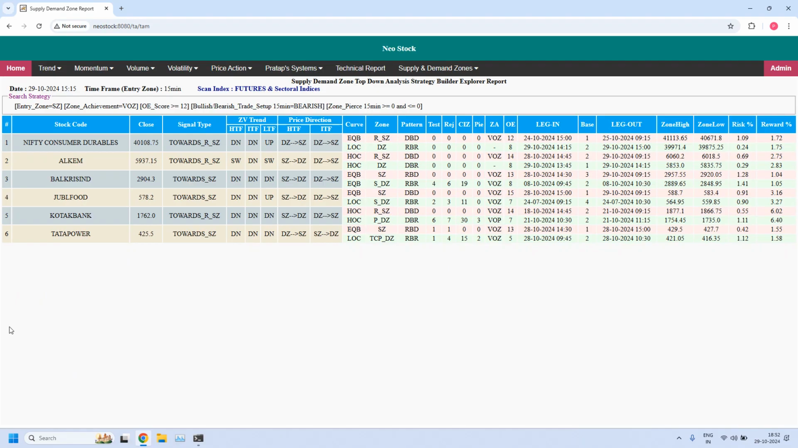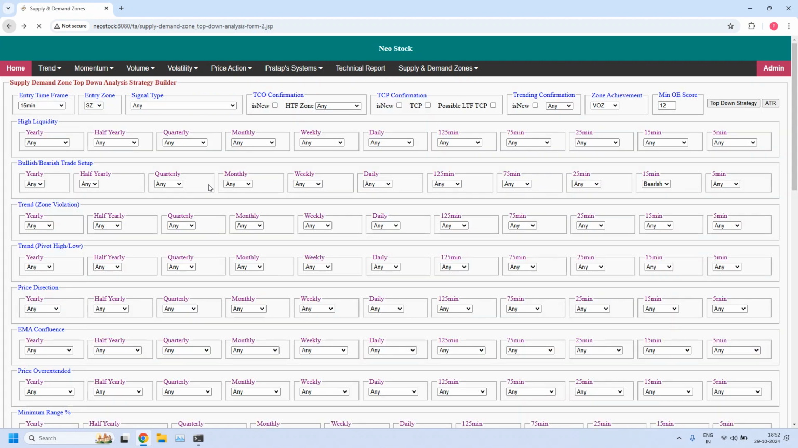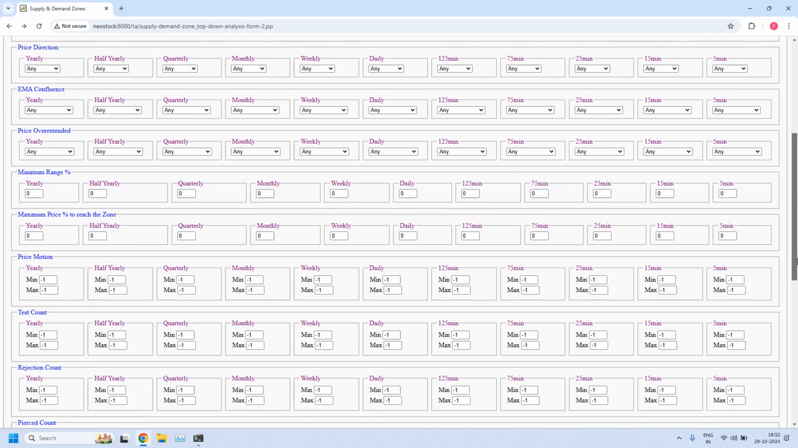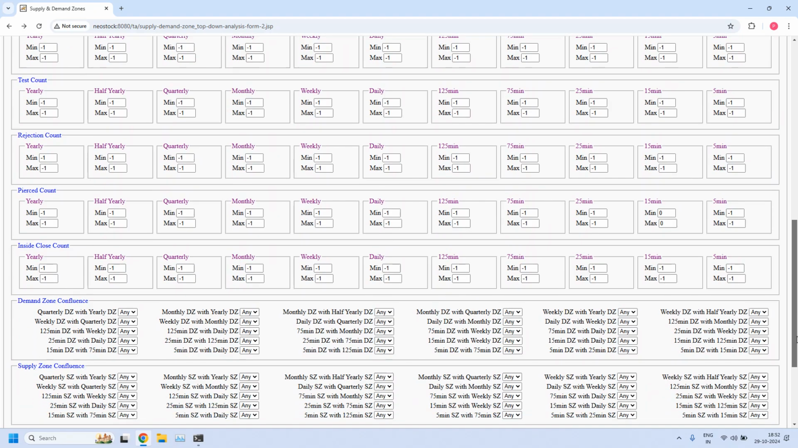daily income trade, that is entry time frame 15 minutes zone is supply zone. All these 15-minute supply zones are supporting bearish trade setup for daily income trade. Now out of these 6 stocks, there could be some high probability supported stocks available. So let's verify. First combination LTF ITF supply zone confluence, that is the 15-minute supply zone with 75-minute supply zone